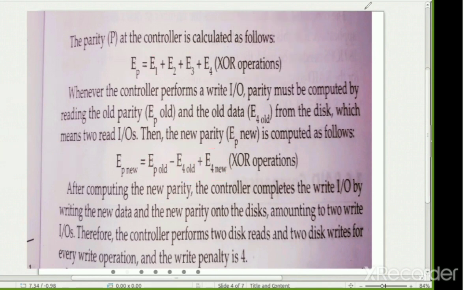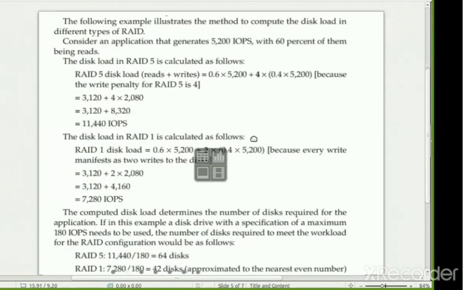Moving on to the next slide. Now that they have done all these operations to get the data, how are the operations performed? Here is a numerical on which they are going to calculate. I request everyone to take a paper and a pen for these calculations. Please observe carefully and also write it down. Now we are going to see how they calculate the disk load.